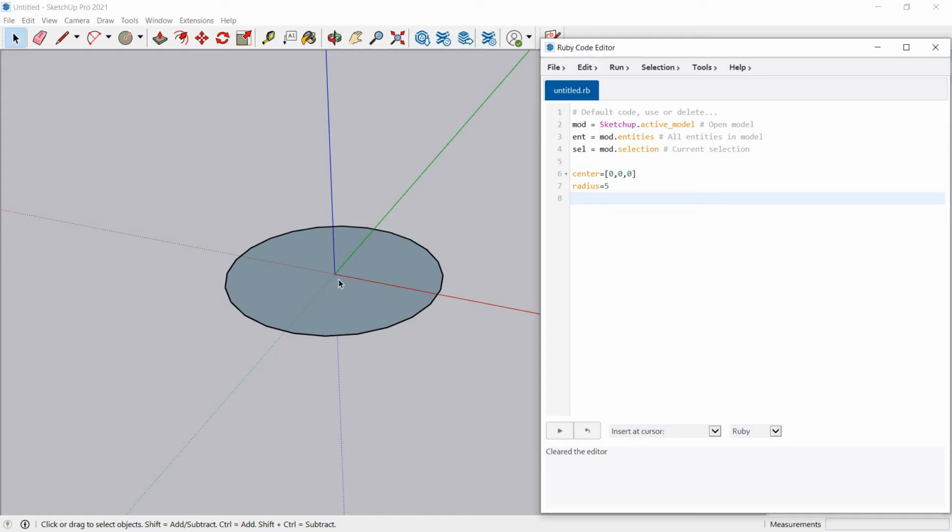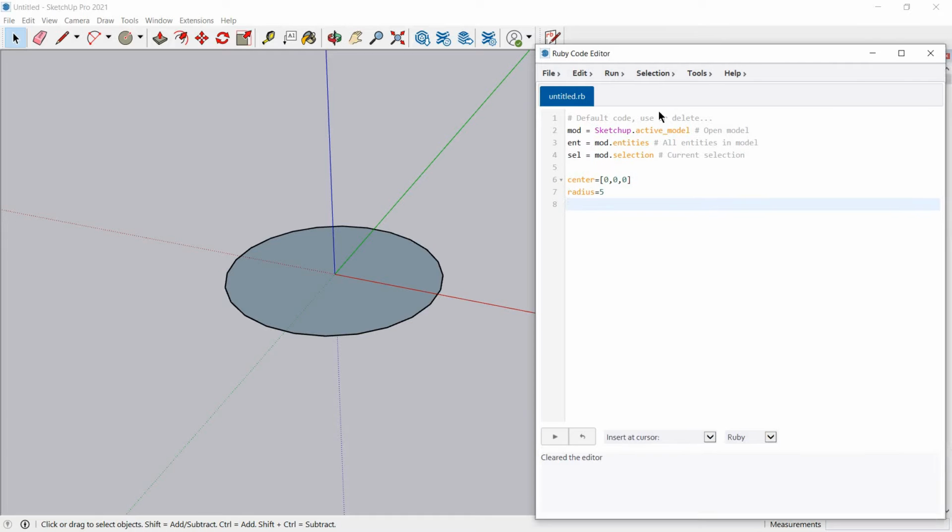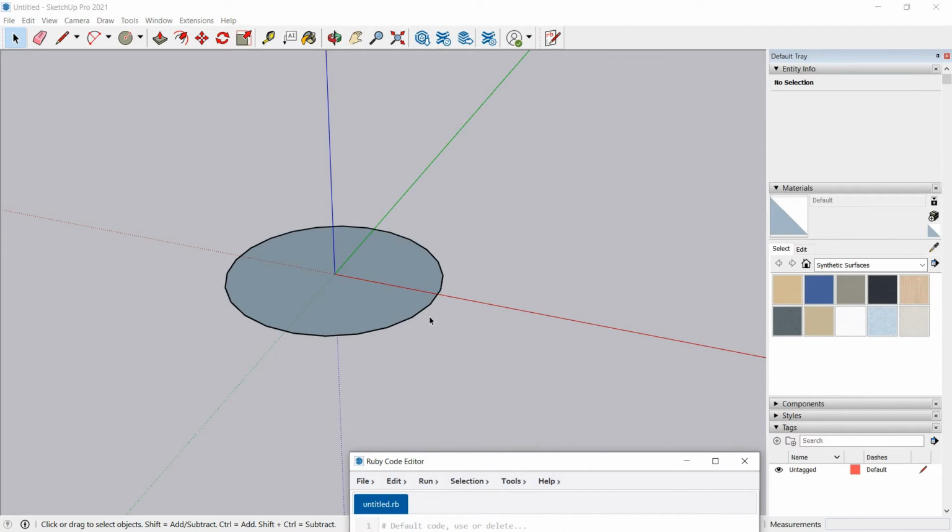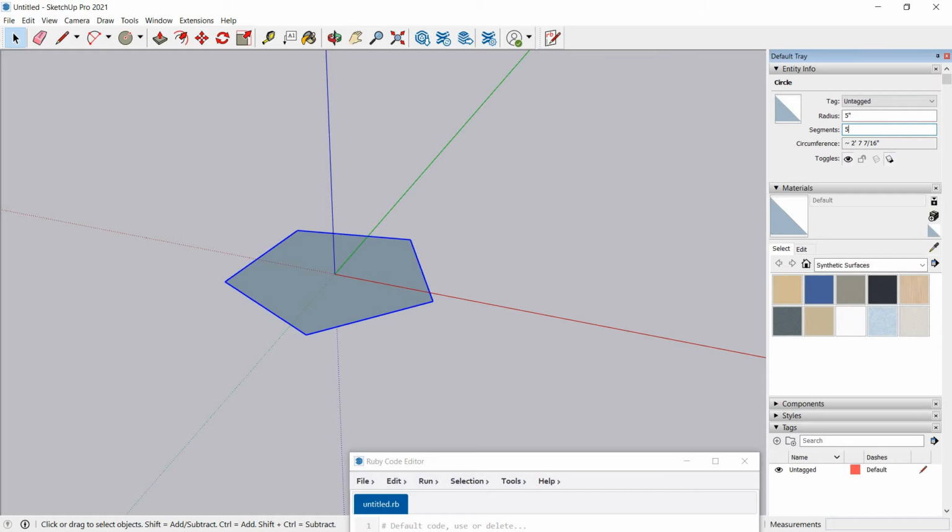Then what else do we need? We also need 2 more parameters in SketchUp. Let's see in this model. I'm selecting this circle, the outer ring. As you can see, it says there are 24 segments over here. So if we change this number of segments to, let's say, 5 and press enter, it will draw a